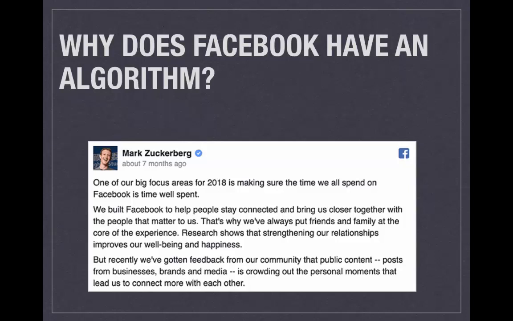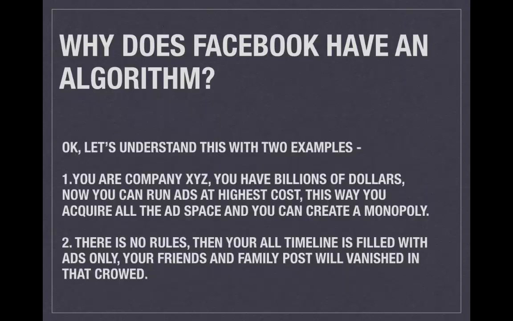So with the help of the algorithm, what Facebook wants is that only relevant, engaging content should reach the end user. Useful content from businesses should only reach the particular user on Facebook, so that they will not feel it's overcrowded with business posts and ads. To prevent this, the Facebook algorithm is going to help Mark.